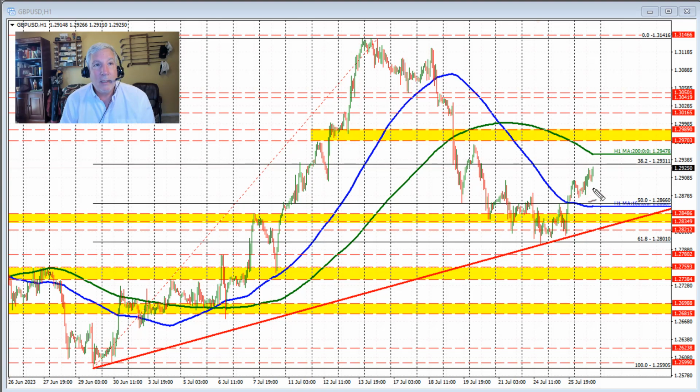That move to the upside is approaching the 38.2% retracement of the move up from the end of June low to the July high right here. That 38.2 comes in at 1.2931. Above that level is the 200-hour moving average. That's the green line in this chart at 1.29478. Going through the FOMC rate decision, moving above each of those levels would increase the bullish bias for this currency